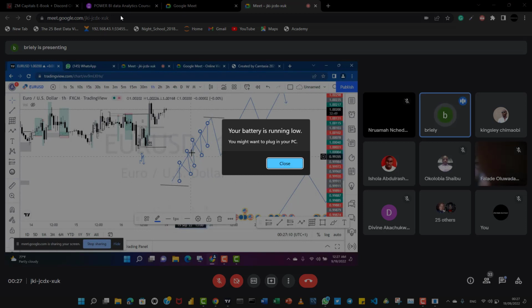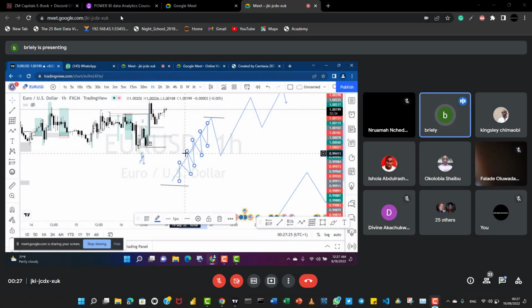You draw your swing low and your swing high. You switch over to 1 minute or 3 minutes, any time frame that you know is convenient for you, especially from 5 minutes to 3 minutes and 1 minute. Then you start looking out for break of structure either to the upside or to the downside. You look for your supply zone or your demand zone and place your